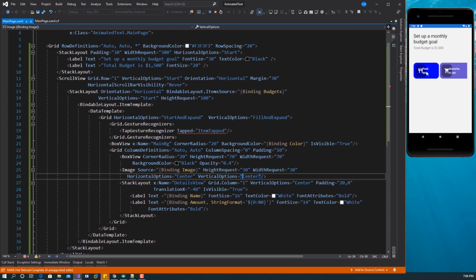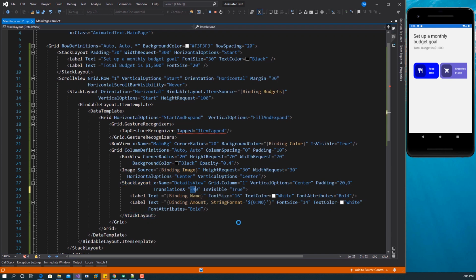Now I already have this details at -40 on the x-axis. So if I change this to 0, you will see. So this is the normal thing that we want to get. And the reason why I put this to come before here is I want to have something that looks as if this text, if they are actually coming underneath this box view. So to do that,